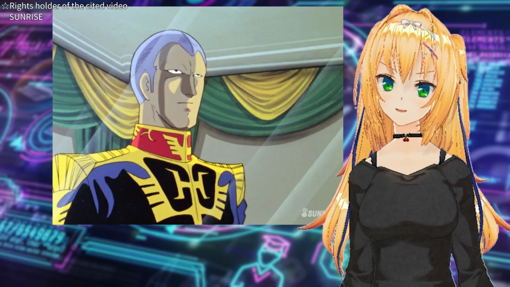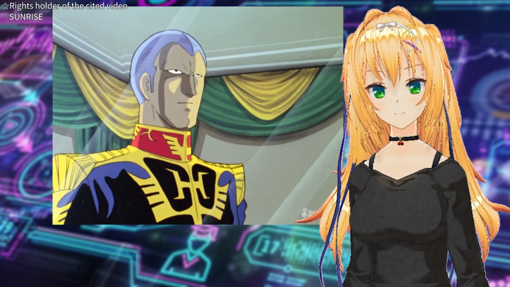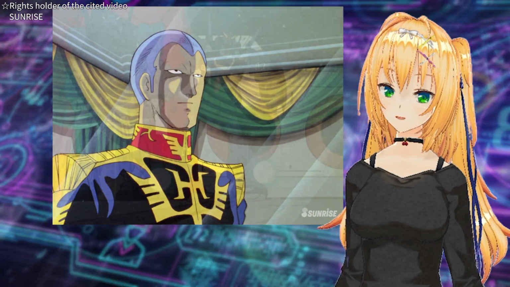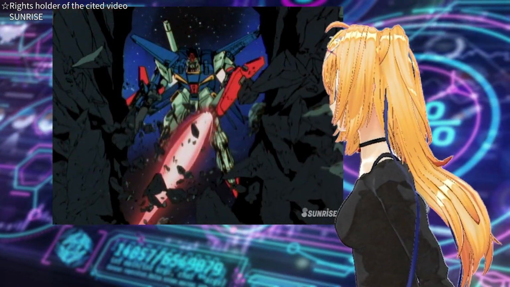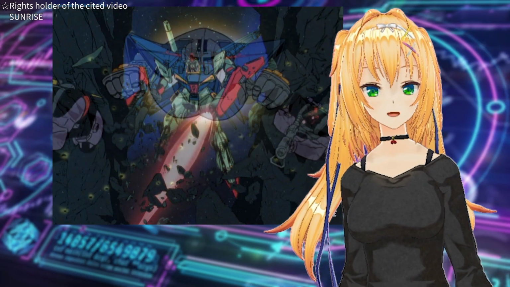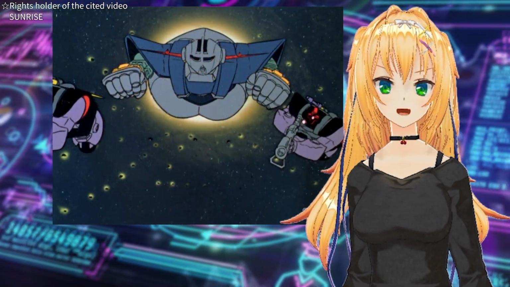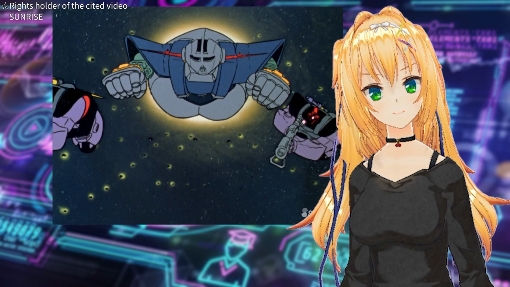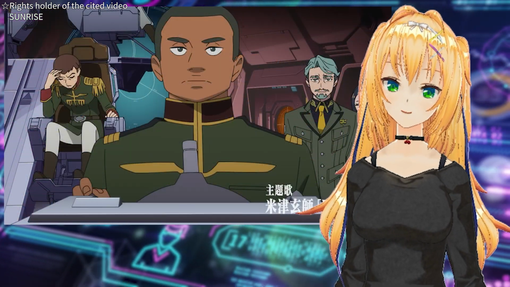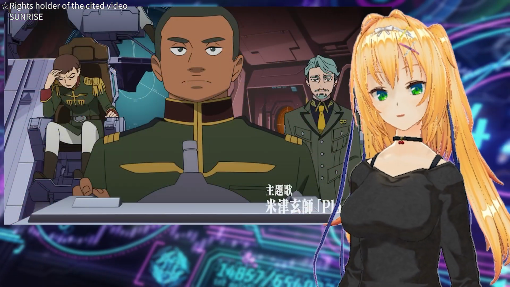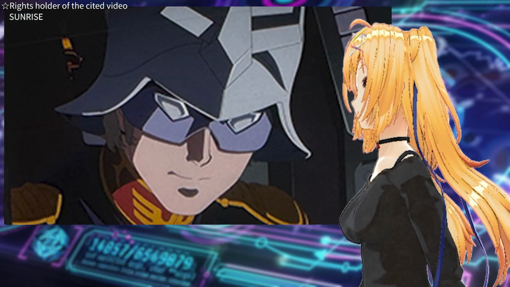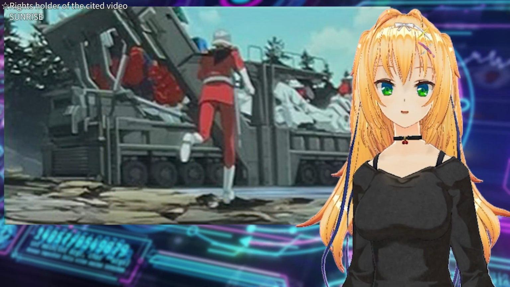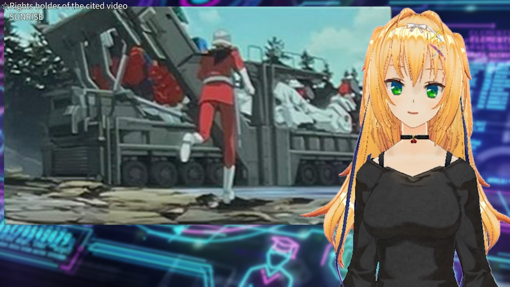In this timeline, the Principality of Zeon emerges victorious from the war, creating a completely different history from the Gundam series we know. The idea that Zeon, which was originally supposed to be defeated, actually wins is a major reversal in itself. Reversal is also heavily emphasized in the scene where Char hijacks and pilots the Gundam.